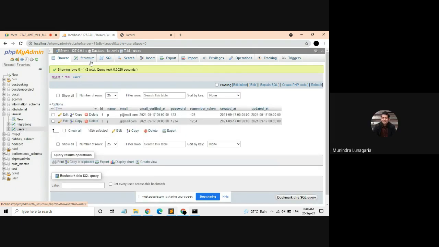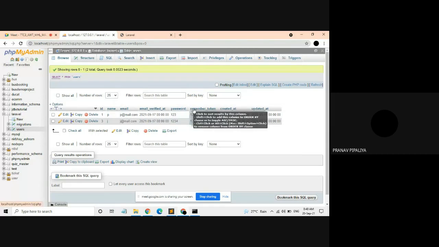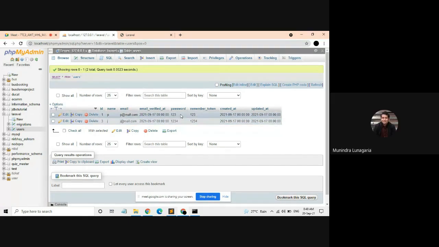Don't you perform on users? No, sir. Okay, do one thing. Create one table users over here. This is a default table of migration, so don't worry. Create one table users. Okay, sir. We will perform on that only.